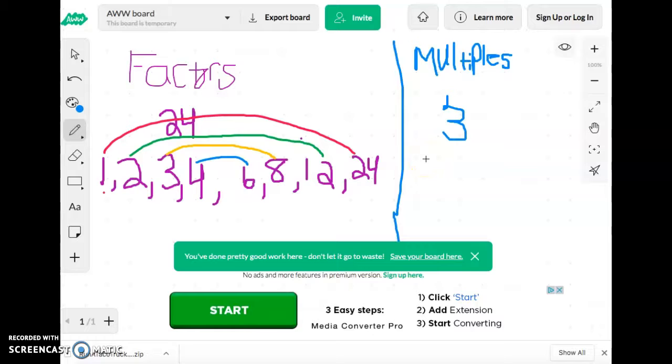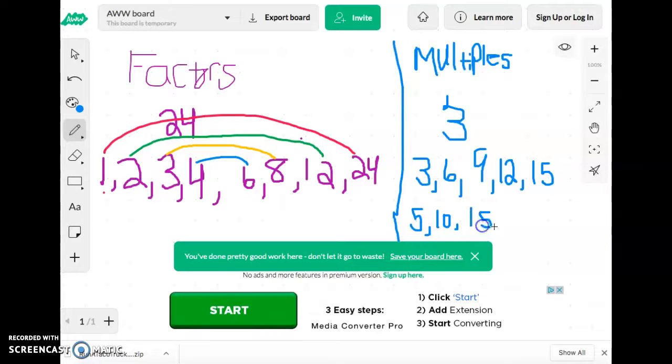A multiple would be 3, 6, 9, 12, 15, and so on. If I wanted all the multiples of 5, that would be 5, 10,